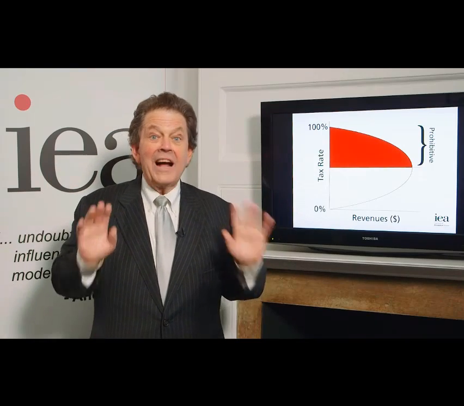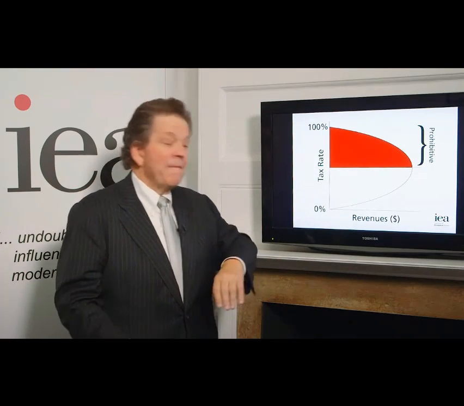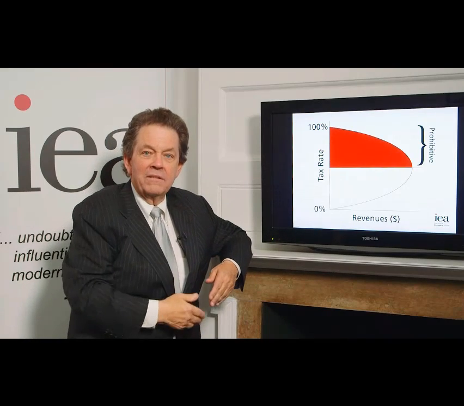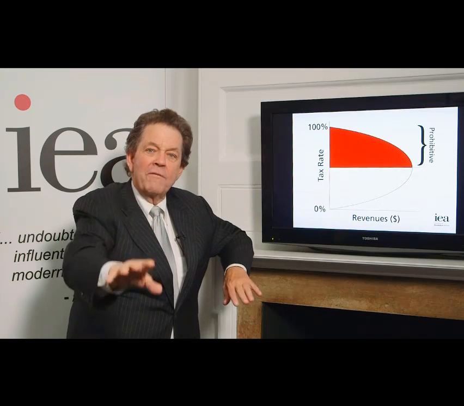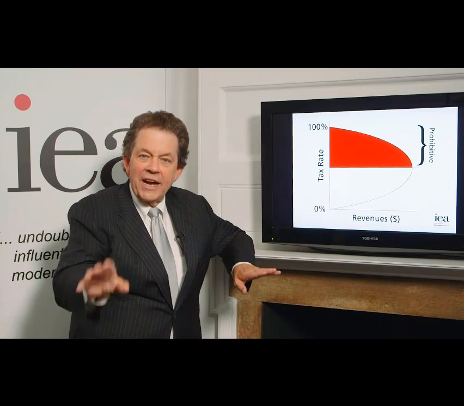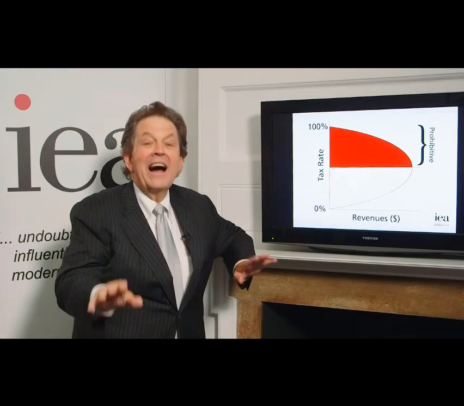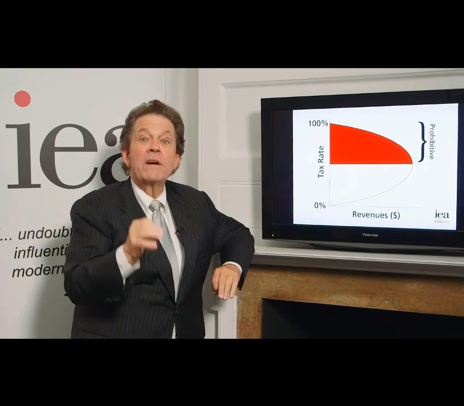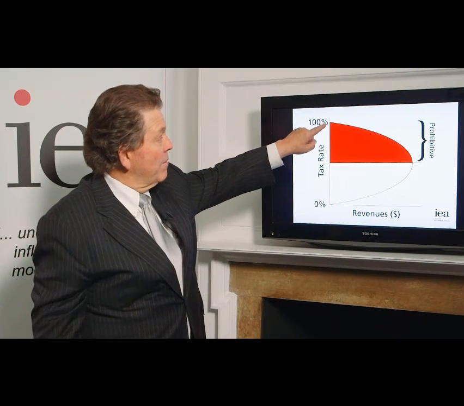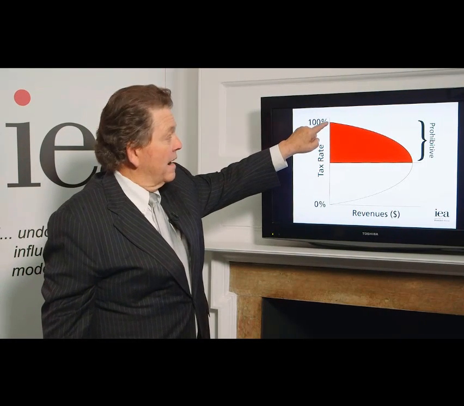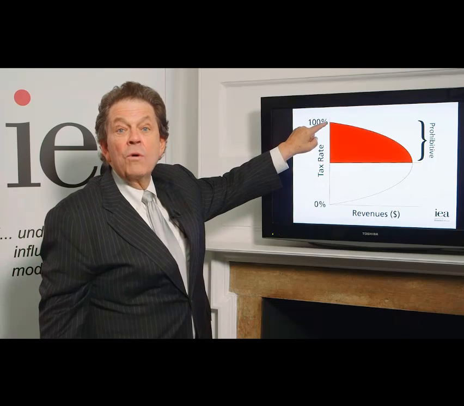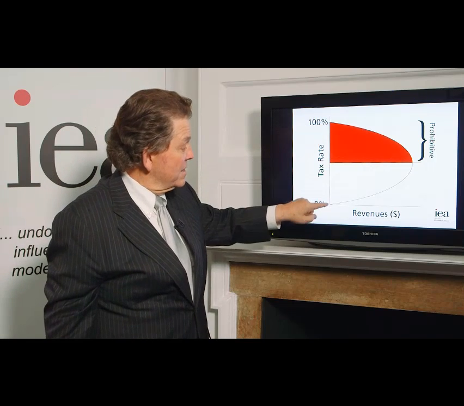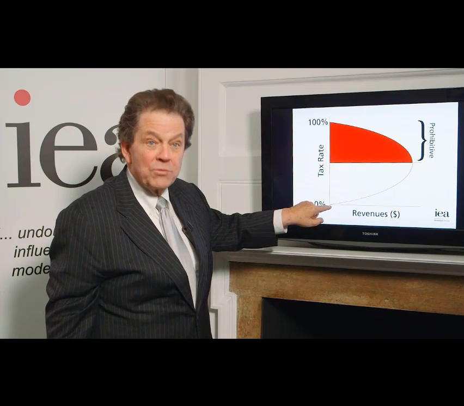That's the sort of logic behind it. But let me, if I can, say, how much would you work if you were taxed at 100%? So that every time you go to the office, instead of getting a check, you get a bill. Obviously, you wouldn't work at all, and there'd be no work, but also the tax revenues would be zero. Now, that's this point right here on the Laffer curve. At 100% tax rates, no one will find there's any incentive whatsoever to work. They won't work, and tax revenues will be zero as well.